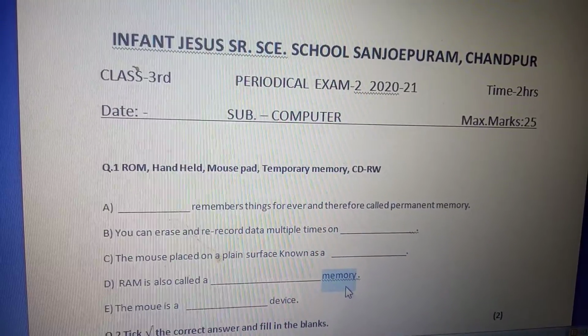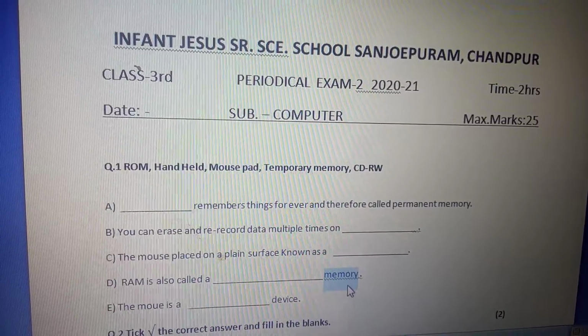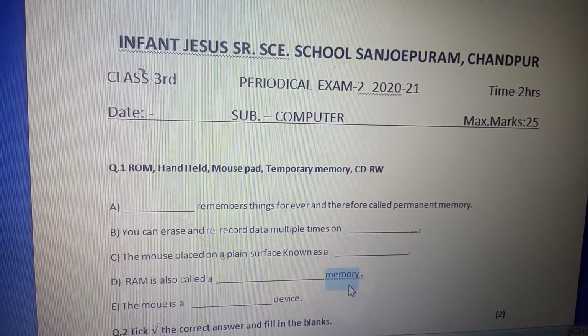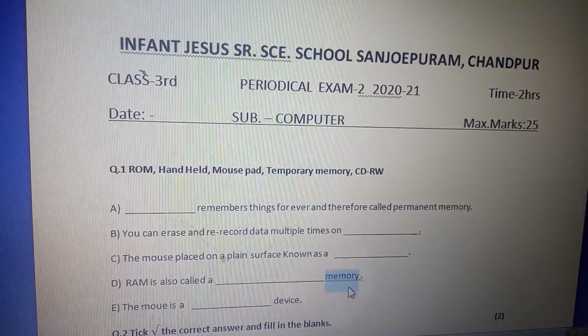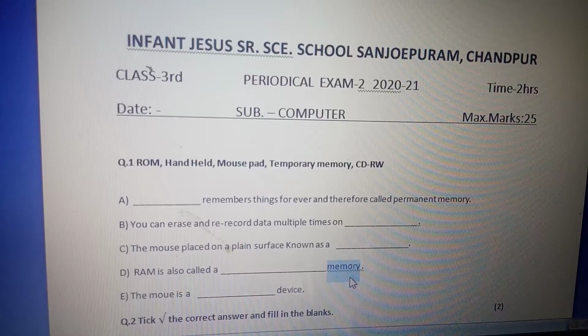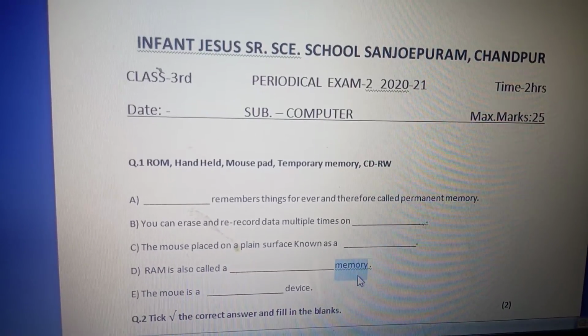Okay, I want to write something else in place of memory. I have to just write the letters that I want. Suppose I want to write storage in place of memory. I have to write,